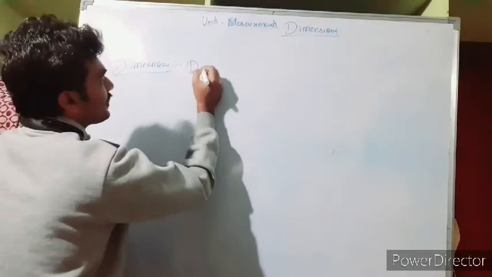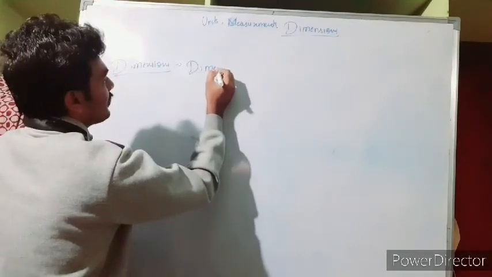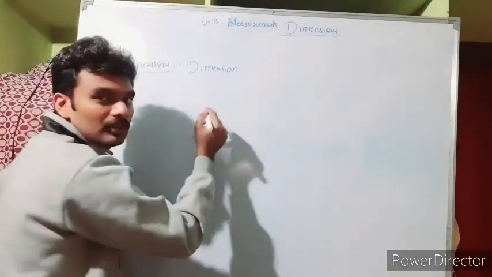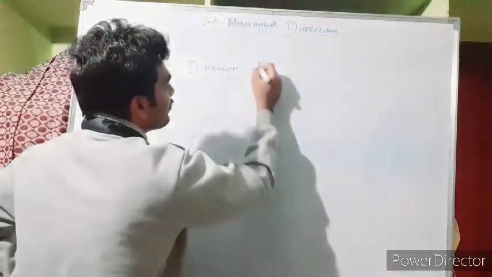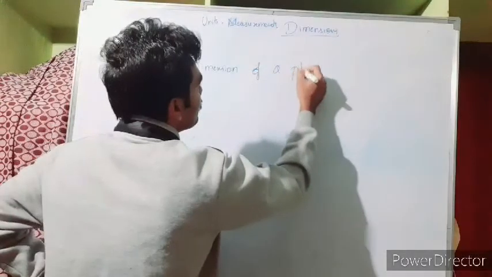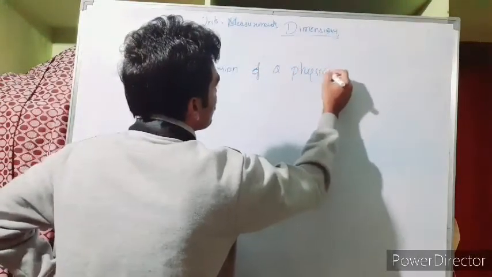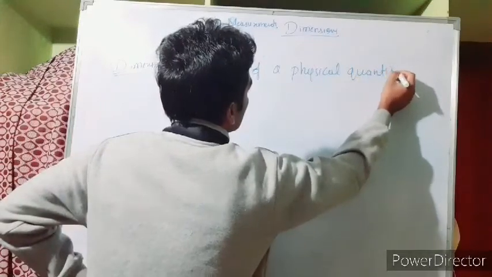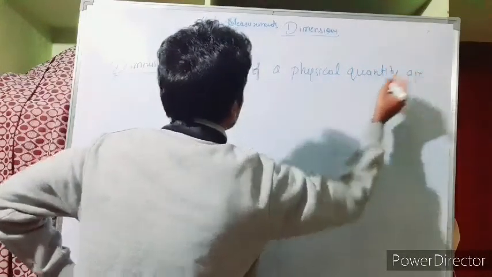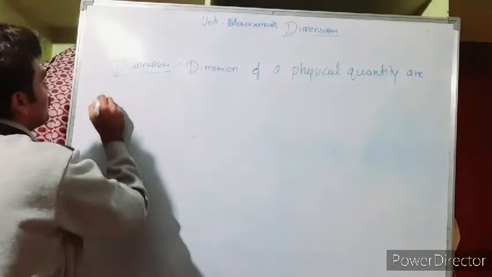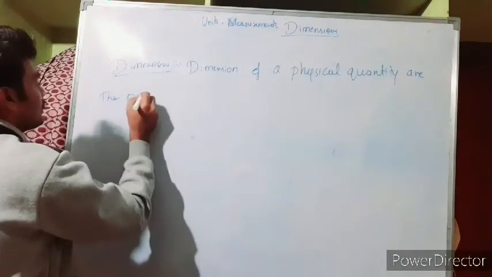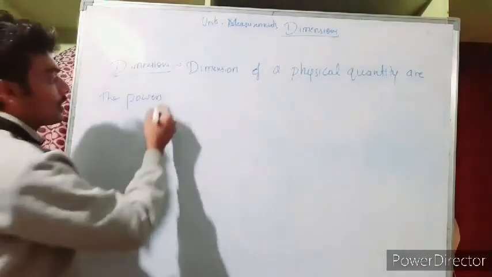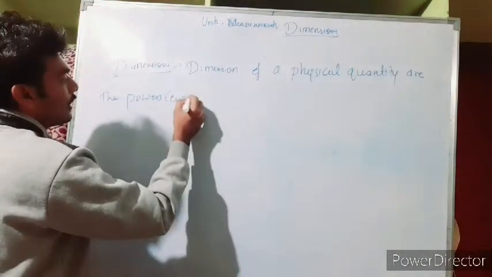Dimensions of a physical quantity are the powers or exponents